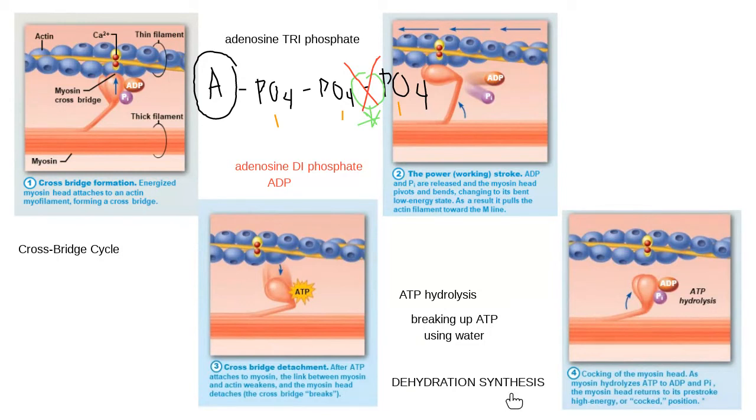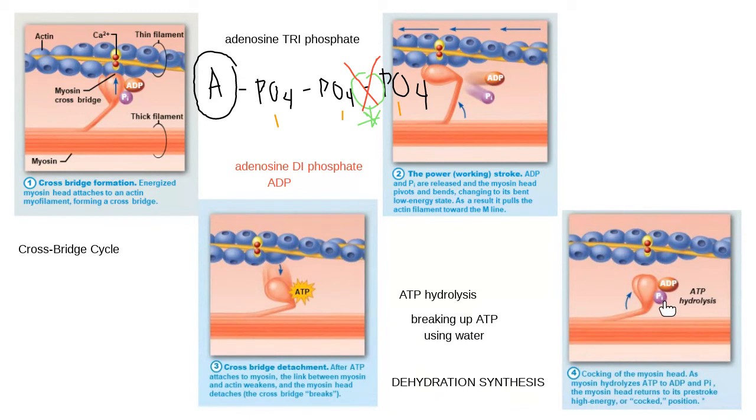Dehydration synthesis. This was when I built a chemical bond by taking out water. That's how I built those peptide bonds. Yeah, like Elapina mentioned, I can actually do the opposite of dehydration synthesis. It's called hydrolysis. When I break up a chemical bond by giving back a molecule of water, that's going to